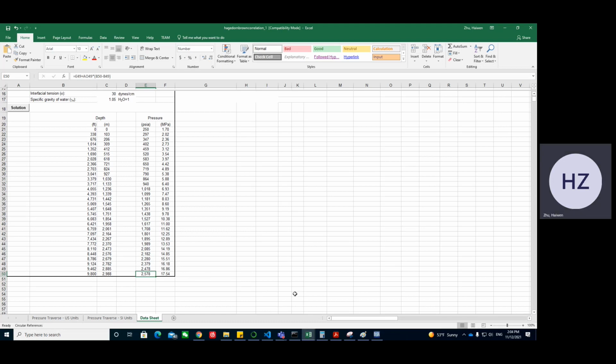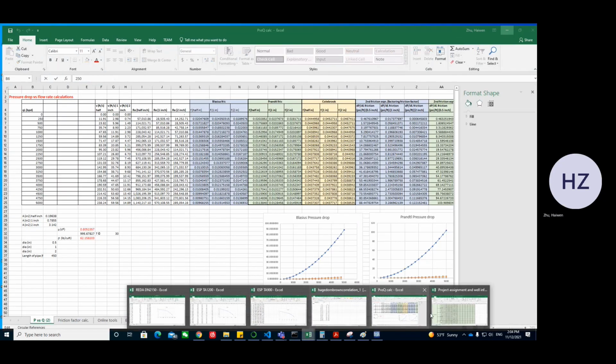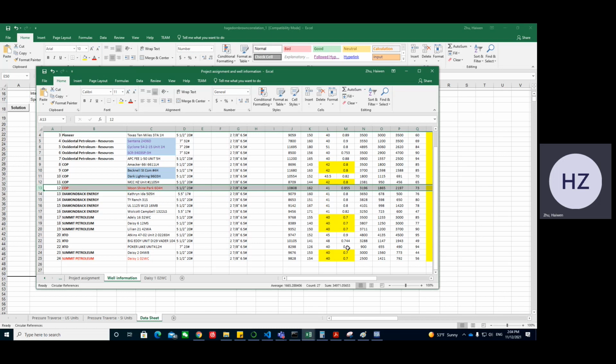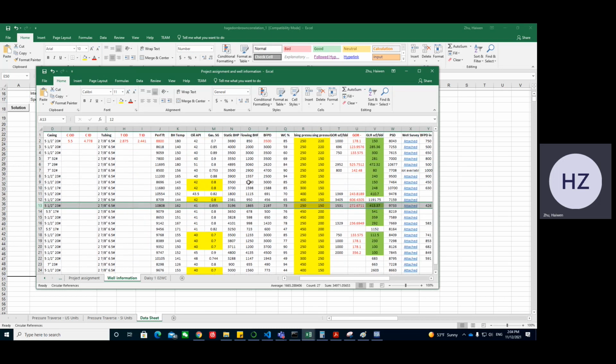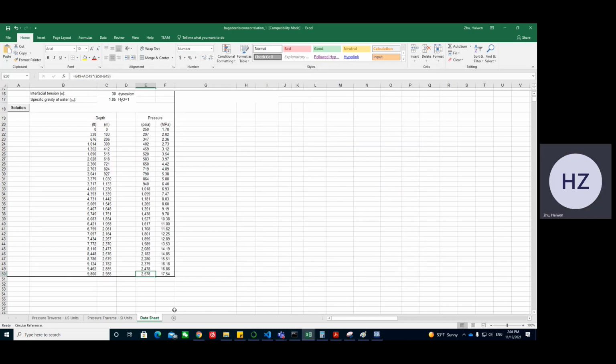But according to our input for downhole pressure, this is early stage, it is 1800, and let's just give you a brief example here. So early stage, if we assume early stage, then the pressure we need is this,